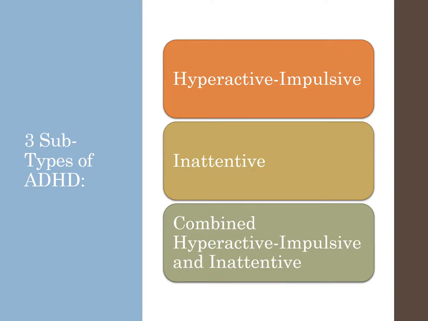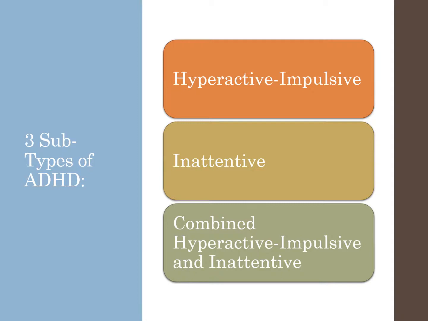To be diagnosed with the subtype of hyperactive impulsive ADHD, the individual must exhibit at least 6 of the different diagnostic symptoms of hyperactivity impulsivity. These individuals can have inattentive symptoms also, but not more than 6. For the inattentive subtype, there needs to be at least 6 symptoms of inattention category and fewer than 6 symptoms of hyperactivity